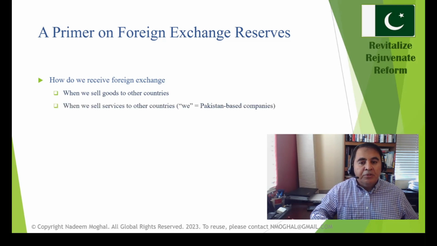Or similar to goods, when you sell services to other countries, now they could be back office services, they could be services that you're able to perform remotely, so you don't actually have to be physically on site in those companies. Or maybe you're sending some of the people out occasionally and they travel, go on site and come back. Regardless, you are a Pakistan based operation providing services to a company and they pay you for whatever services you're performing, and that obviously comes in terms of US dollars as well.